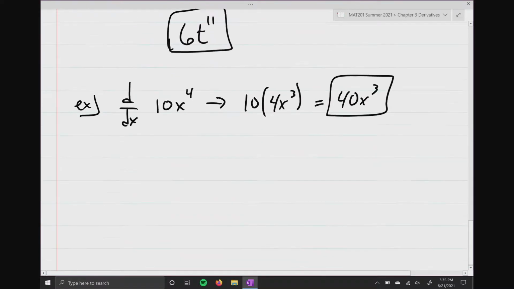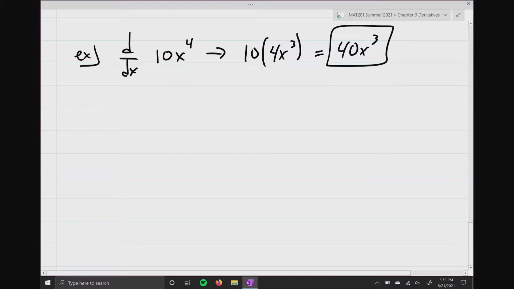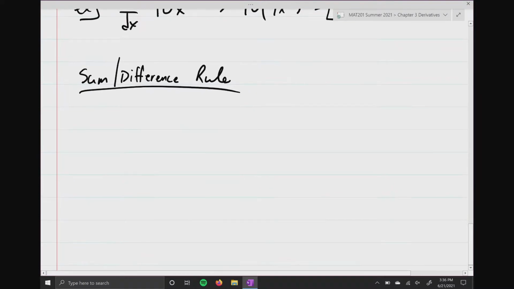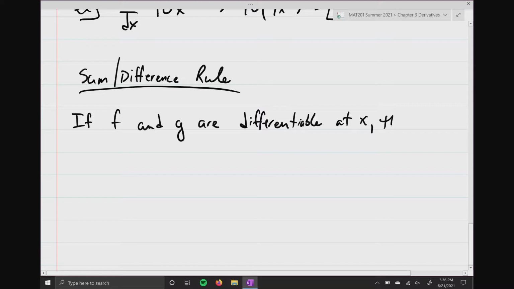Now, there are things that we can do with derivatives, which is pretty nice. A derivative is considered to be a linear operator, which means it follows all the properties of algebra. So we can distribute it. If we wanted to, we could factor it out. So we do have some rules. I'm going to call this the sum or difference rule. And all this says is that if we have two functions, call them f and g, and they are differentiable at some value x, then